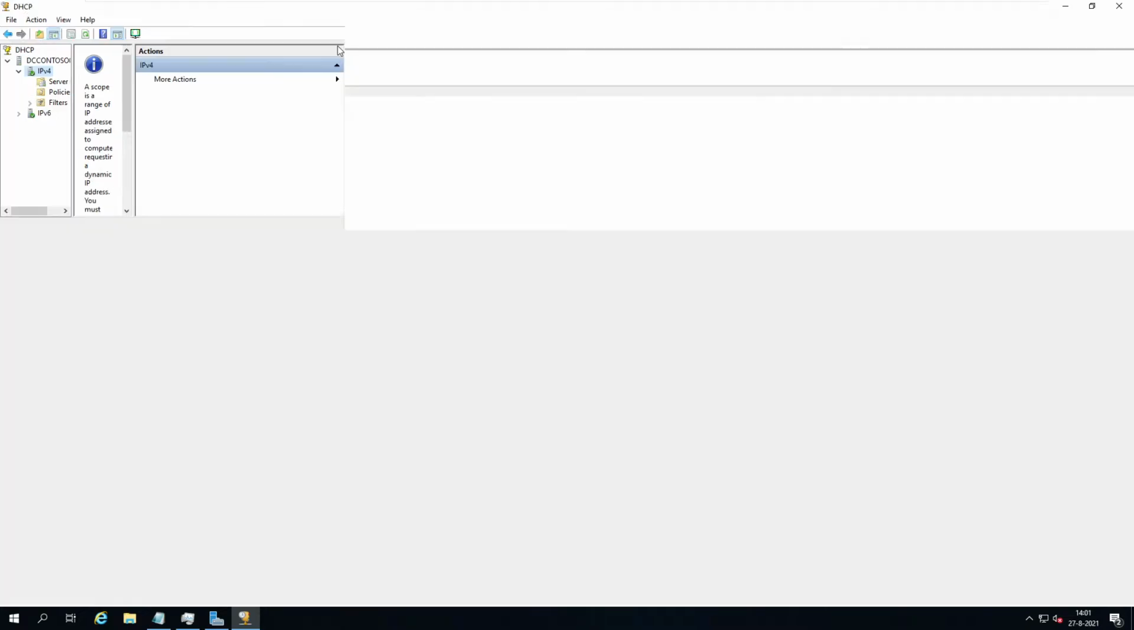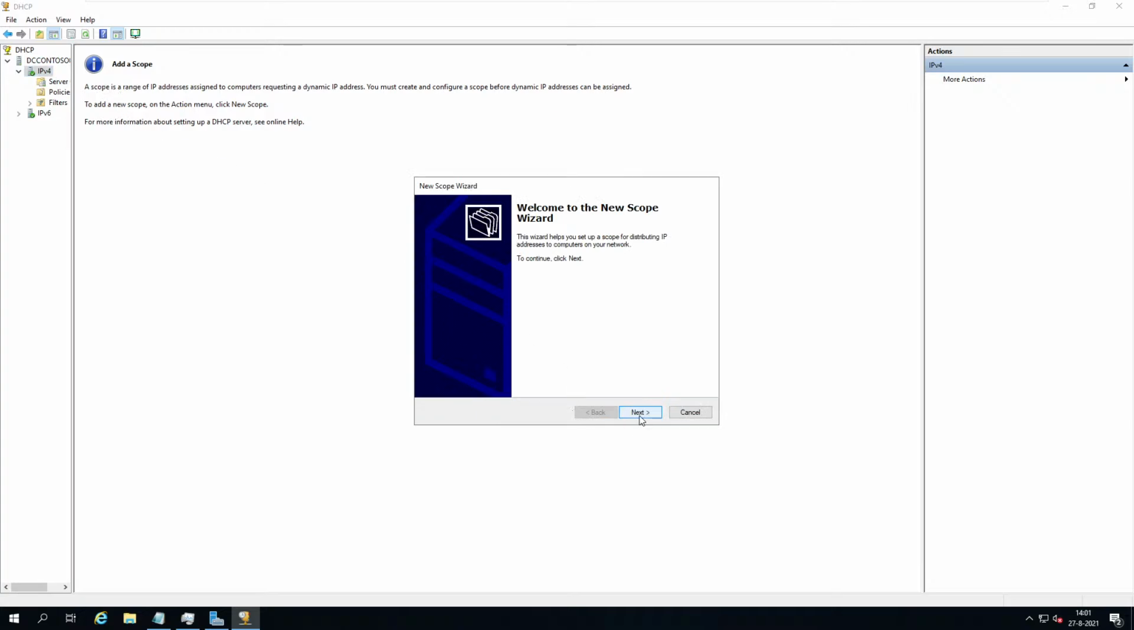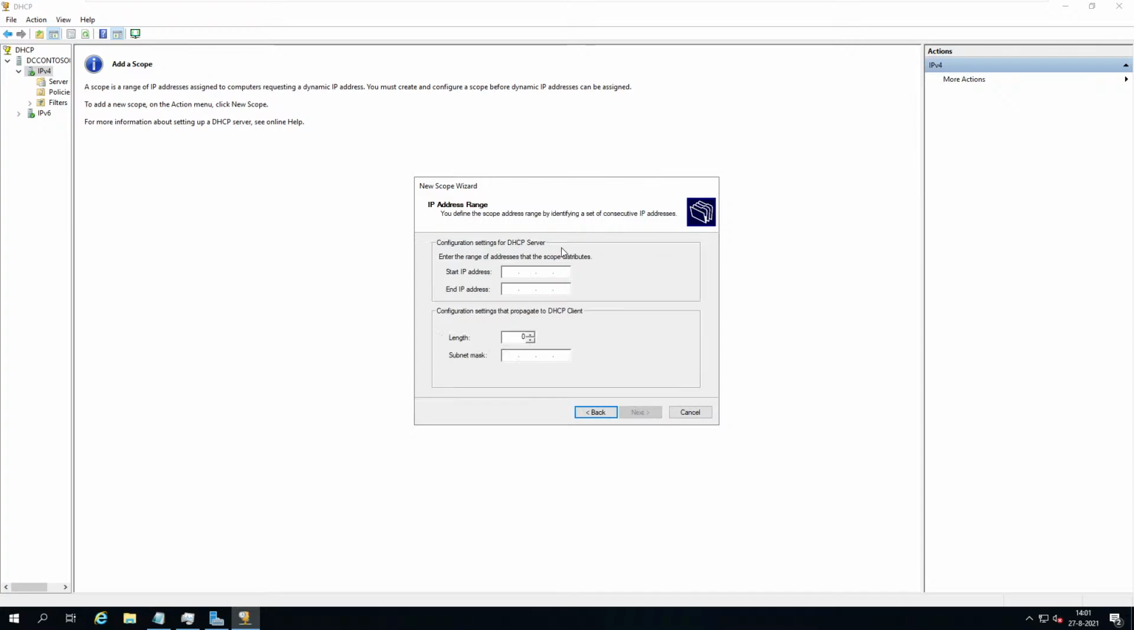You press on IPv4 if you want to create an IPv4 scope. A scope is a bunch of addresses that it can distribute. So you want to get a new scope. We want to click next. What's the name of the scope going to be? Scope at Contoso. You want to get the first available address in here,